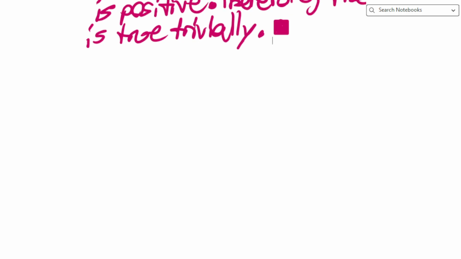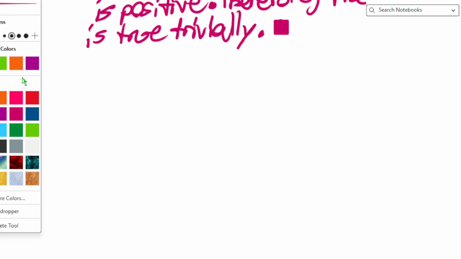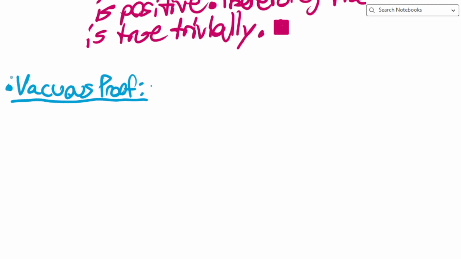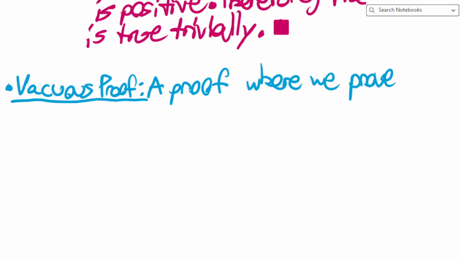All right, so that's it for trivial proofs. Now let's switch over and change colors here, and now we will look at vacuous proofs. So what is a vacuous proof? Well, a vacuous proof is a proof where we prove a statement by